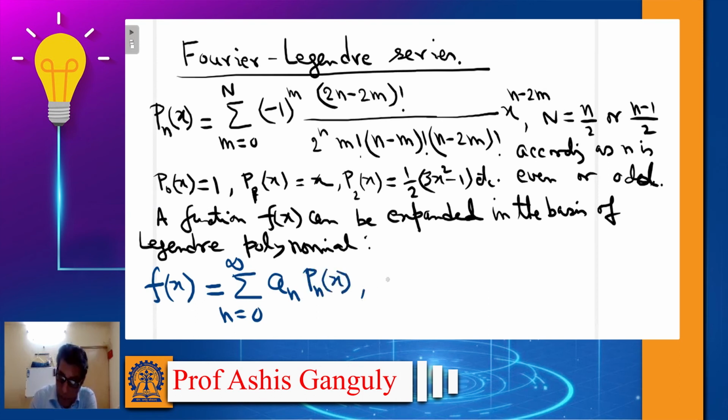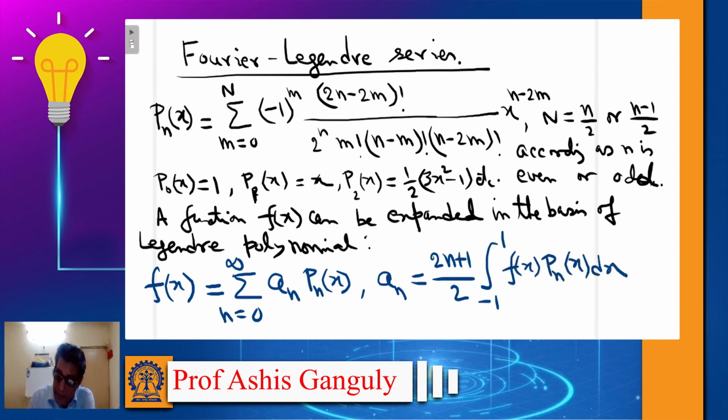Okay, the formula for an, by the inverse theorem, an equal to (2n plus 1) by 2 integral minus 1 to 1. This minus 1 to 1 is the interval where the whole family of Legendre polynomials is defined. Okay, so minus 1 to 1 f(x) Pn(x) dx. Okay, so this completes all about